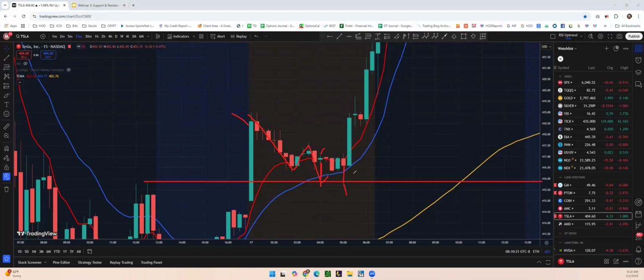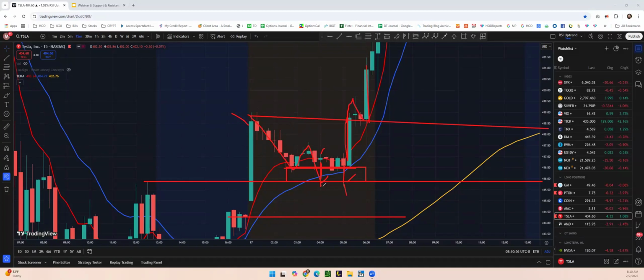Your entry could be anywhere in this area right here, anywhere in this zone, and that's usually where my entries come in. I enter in this area right here, and usually my stop loss is somewhere down here. We enter, it's holding the moving averages as support, and it breaks out. But not only does it break out, it comes back and retests that area again. This was your previous high of that day. It's called a high of day, HOD. High of day right here is here. It breaks above the high of day, comes back and retests that same high of day,